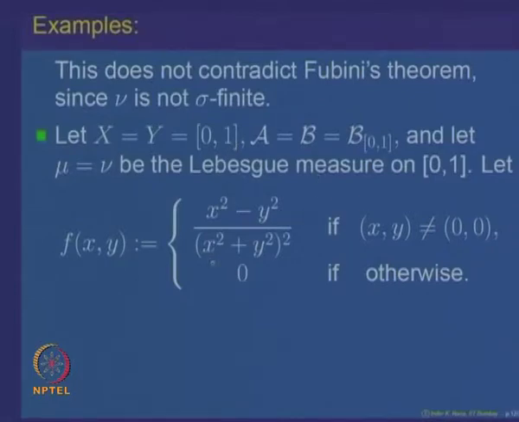Let us define a function of two variables f(x,y) to be equal to (x square minus y square) divided by (x square plus y square) to the power 2, if (x,y) is not equal to (0,0), and it is equal to 0 otherwise. So, first of all we want to claim that this function f(x,y) is a measurable function on the product sigma algebra. So, for that